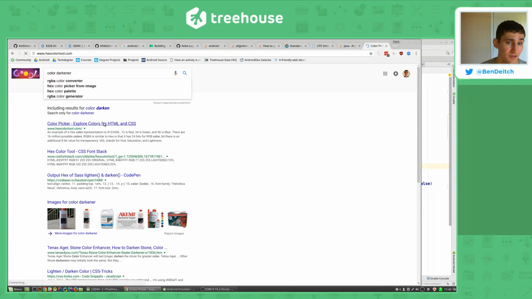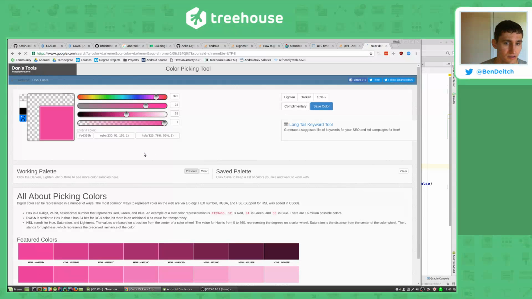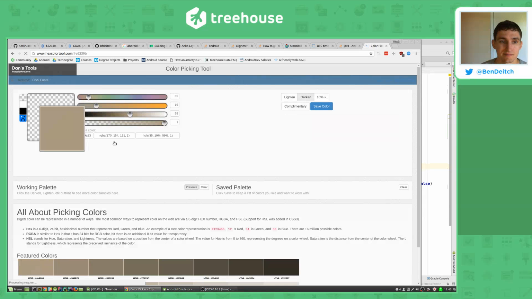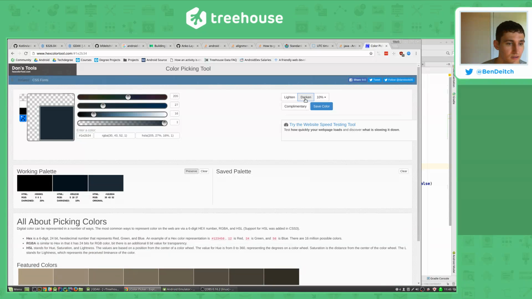Color picker, maybe? Ah, wait, there was a button over there. Stop it, let me put in my color. So I'm gonna put in my color, it's gonna tell me it's that, I'm gonna hit darken, and it gives us some options. That's 10% darker. Let's try that guy. So we're gonna take this guy,